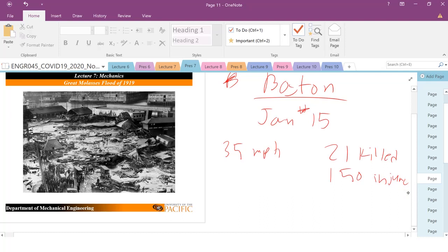So does anybody know why this happened? Well, if you've ever lived in Boston, especially in the winter, one of the annoying things is temperature fluctuation. It went from below freezing, below 0 degrees Fahrenheit, to 40 degrees Fahrenheit in a matter of hours. So that obviously increased the pressure. The pressure vessels could not hold, and you get the result. As material scientists, we want to design materials so that this never happens.